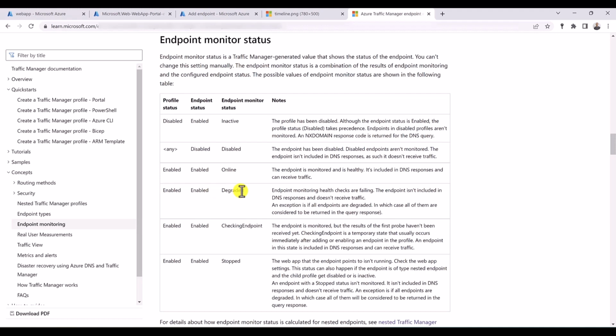status degraded, this happens when the Traffic Manager probing agent is not able to get a response back from the endpoint, even though the endpoint might be enabled. But for some reason the Traffic Manager probing agent didn't get a response back, then it's going to specify the monitoring status as degraded. And when we have both the profile status and the endpoint status as enabled, and we still